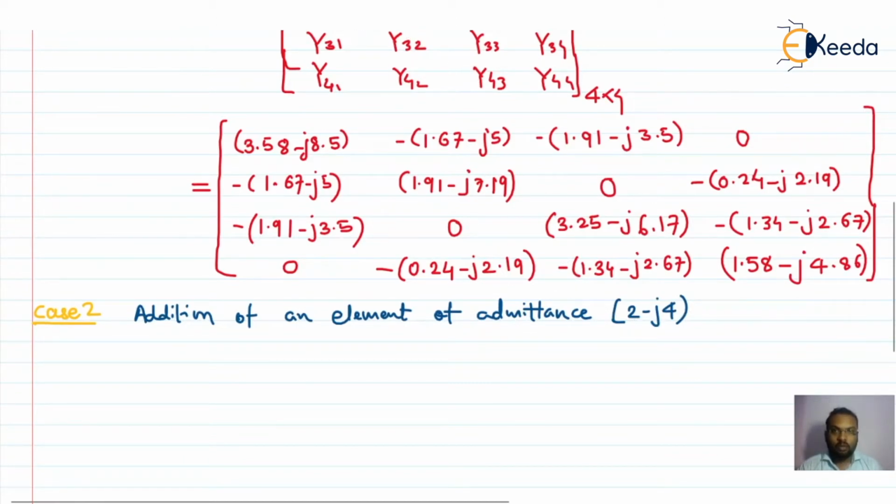First we should mention which two nodes it is between. Addition of an element of admittance 2 minus j4 between bus 2 and 3